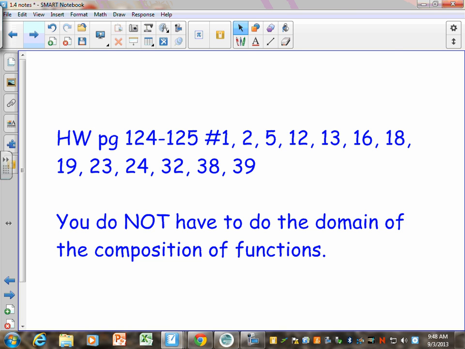So homework 1-4. Note there, my directions there. We're not going to mess with the domain of the composition of functions, but I do want you to do the domain of the adding, subtracting ones. All right, adding, subtracting, multiplying, dividing, but of the f of g, g of f, you don't have to do the domain of those. So a lot of this homework is just that, and then